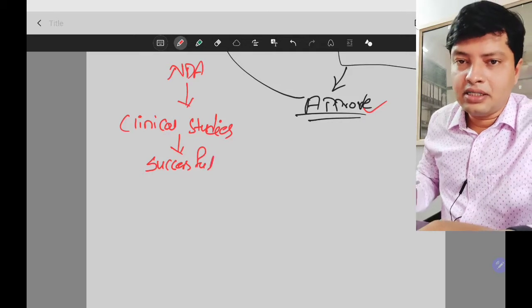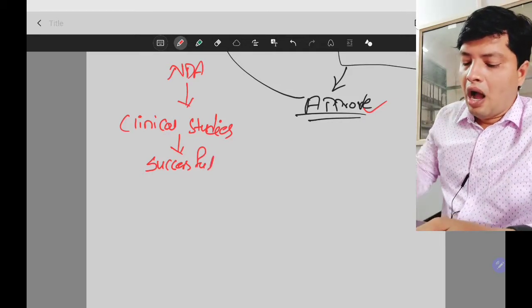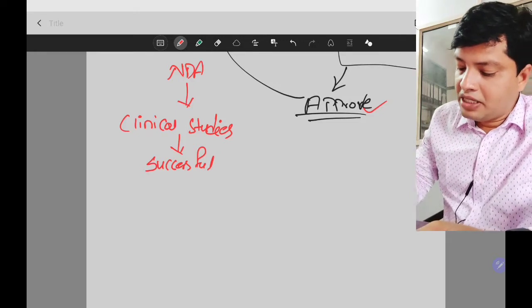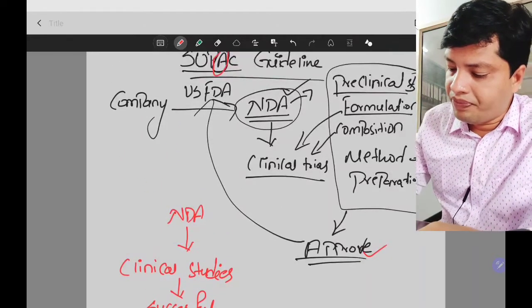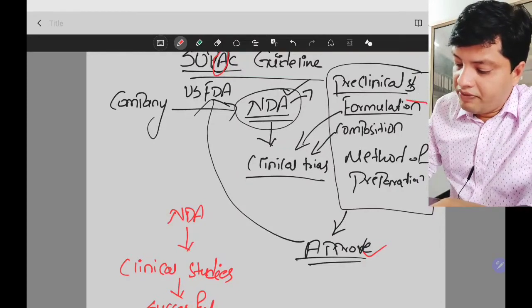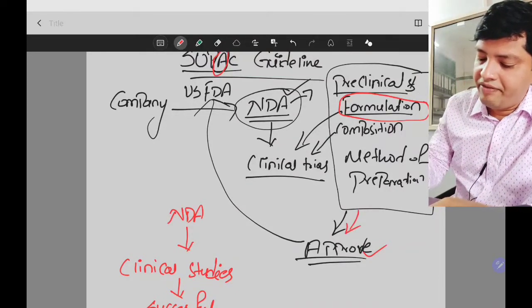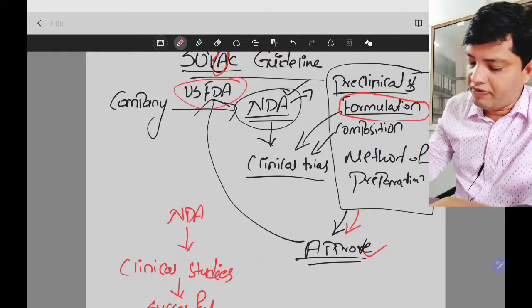You have conducted clinical studies successfully. Now you want to go for the commercialization. So whatever the formulation we have here, the approved formulation, the FDA has approved this formula.